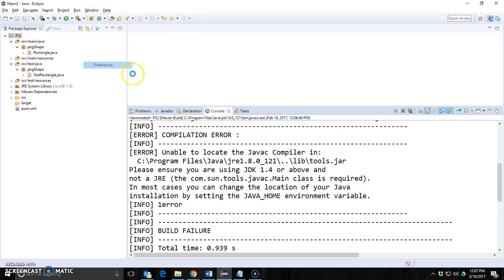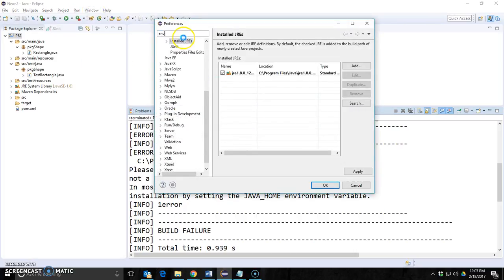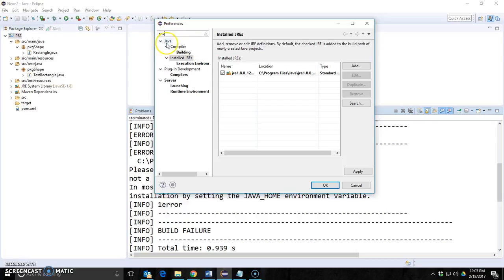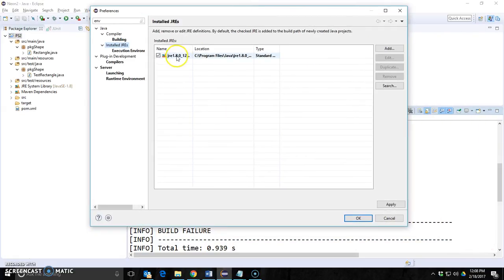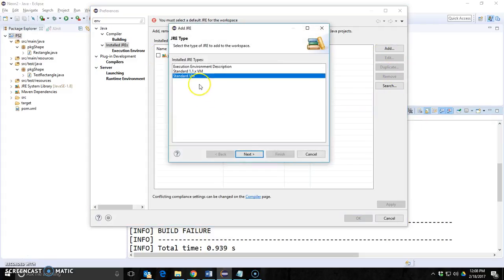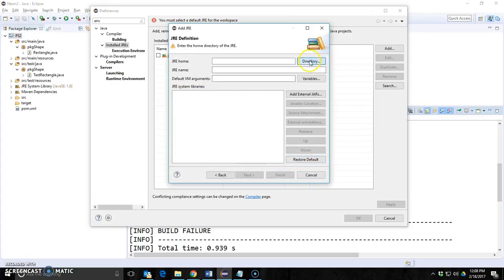If I go to Windows Preferences and then filter for ENV for environment, under Java Installed JREs, you notice that it's pointing to JRE 1.8.121. I don't have this pointing to a JDK. I have it pointing to a JRE. The JRE doesn't have a JDK. It doesn't have a compiler. So let me unselect this, say add a standard VM, and I want to pick my